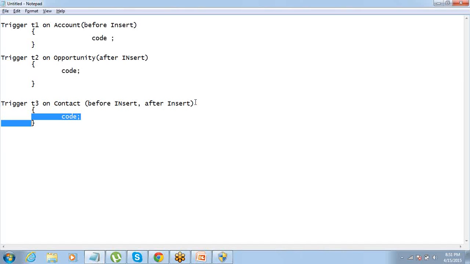If on creation of an account you want to create one more contact, that's again your choice, right? So code part we will come into, we'll do a few examples, and another thing that I want to talk about is methods or some context variables which are used with a trigger. I will talk about those also, right?